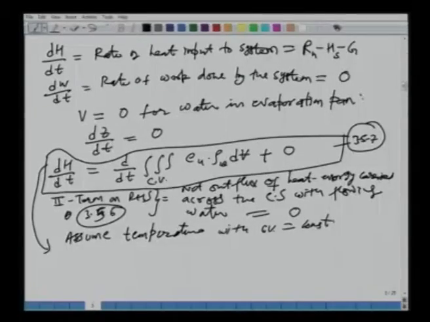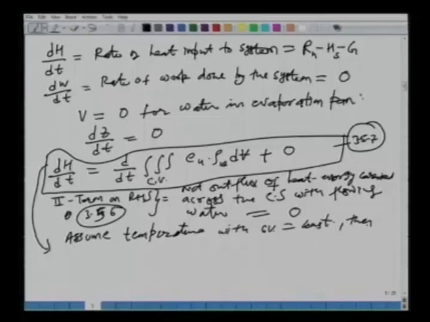If we assume that the temperature within the control volume or in the pan is constant, which actually is a reasonable assumption, because during the process of evaporation we have seen, as the definition of evaporation, that the temperature is constant during evaporation. So, if we assume the temperature within the pan to be constant, then the only change